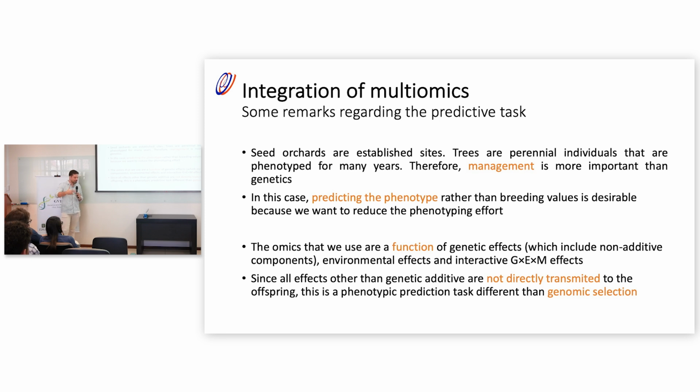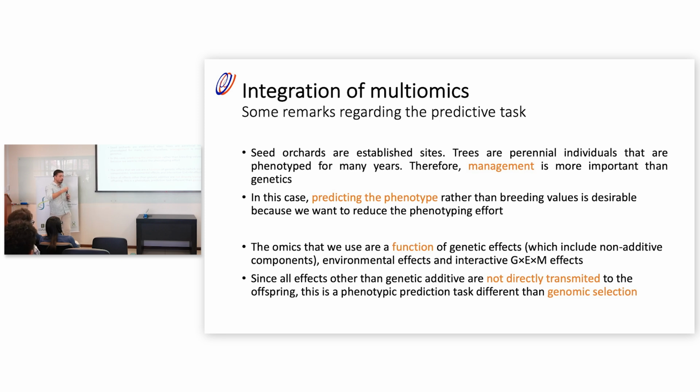We have environment, we have management. Even inside the genetic factors, we have the additive part, but we also have the non-additive part: the dominance and the epistasis. And this is a really big problem with omics, that they can never substitute genomic selection, because markers are the only phenotypes that have a heritability of 1. That's the only thing that we have there, and we can say, this is the marker, this is going to be there forever in every seed.